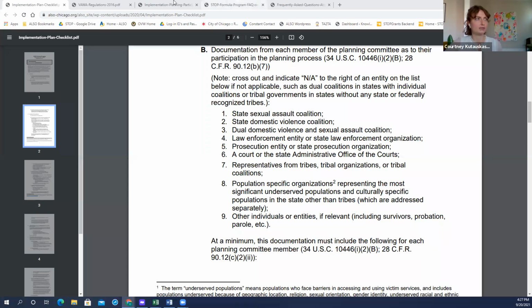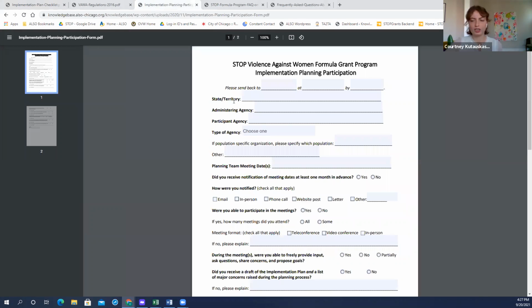documentation, there's also this planning participation form, which you can turn in with your implementation plan. And this is also on our website, which I can just put the link in the chat for you now. But while Courtney's doing that, I'll just mention that you don't have to use this particular